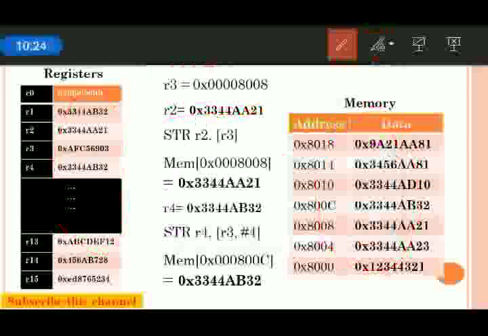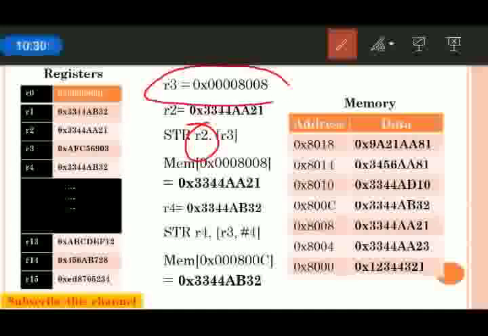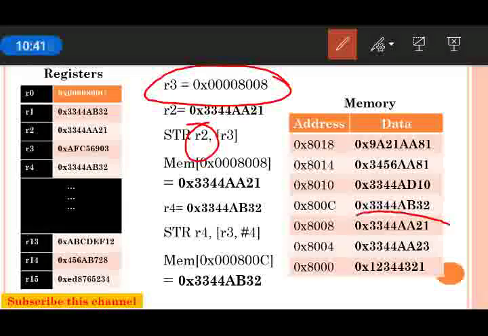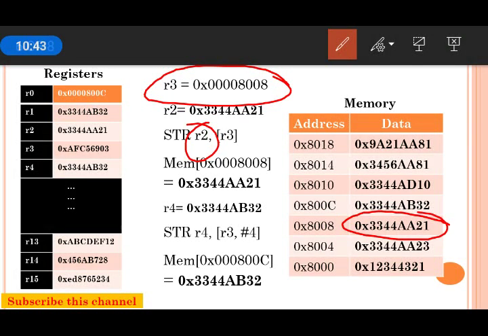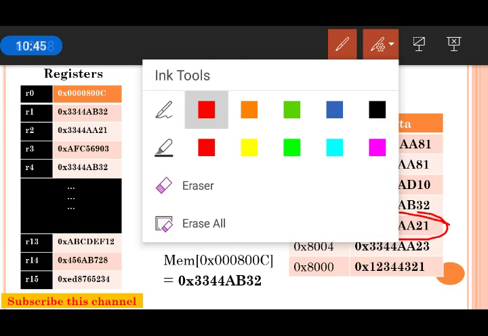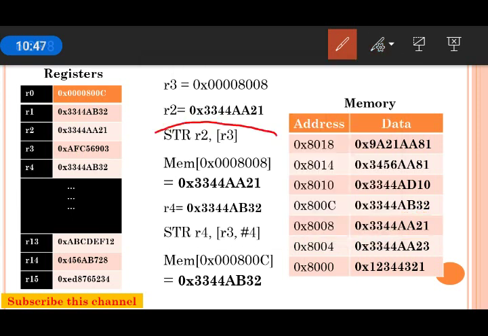That is, the content of the R2 register must be stored in memory, which is pointed to by this R3. That is, we have to store this R2 content in this memory address 0x00008008. After the execution of this STR instruction, the R2 content, which is this one, will be stored in this memory.